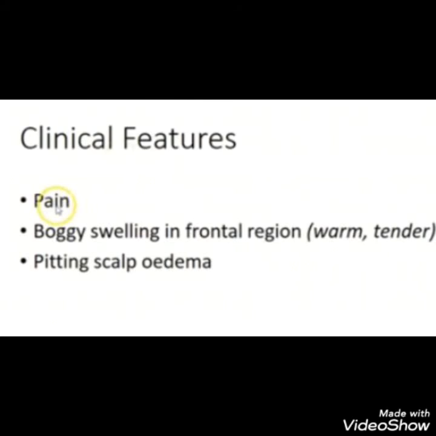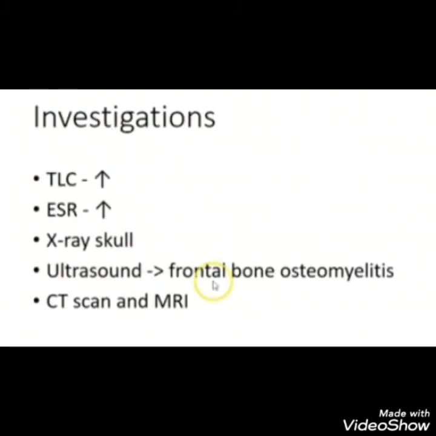In Pott's puffy tumor, clinical features are pain and boggy swelling in the frontal region, which is warm and tender to touch. There is toxicity and drowsiness. Pitting scalp edema, you can easily notice the characteristic pitting scalp edema on that side where the Pott's puffy tumor is. Now in investigation, there will be elevated ESR, and total leukocyte count will also be